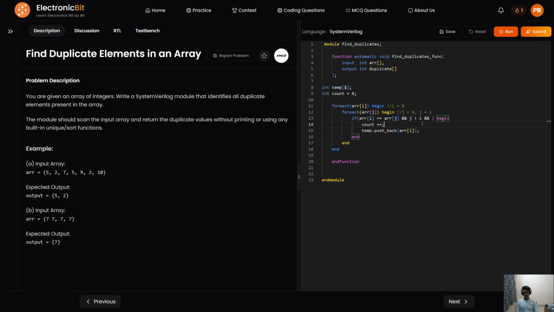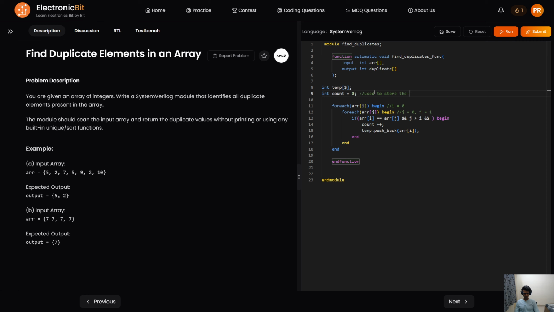So basically on every match, let's say 5 is compared with this 5, the count would get incremented, and the value of temp would be getting updated. So now the count value would, I can just write here in a comment, be used to store the